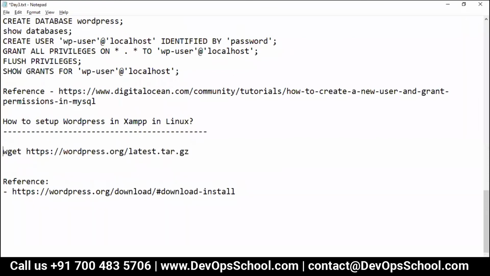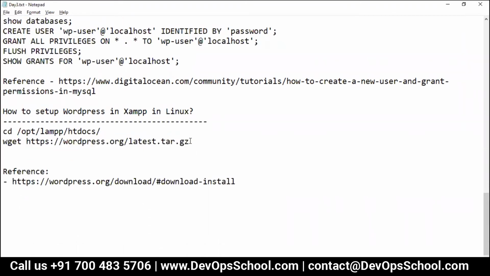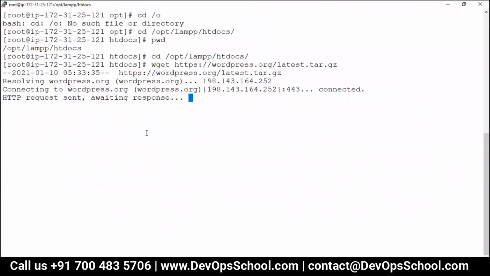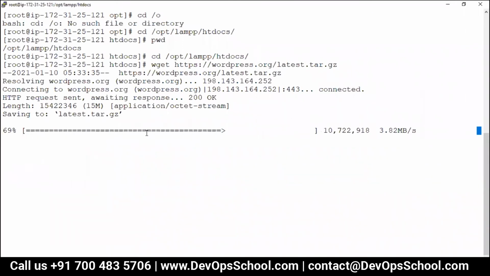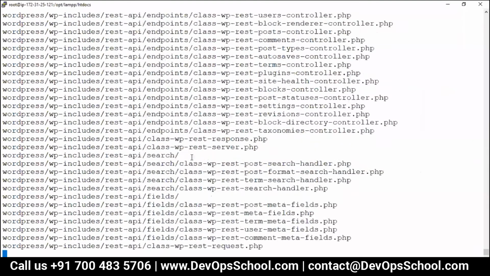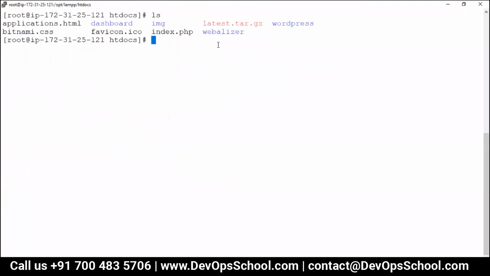If you look at this, here I go to this htdocs, and now I will go and extract it to this file. So here, what to do? tar -zxvf, this one. I just run these commands. First, second, I download it, and third. Done, guys. Okay, so see here, I got it done.